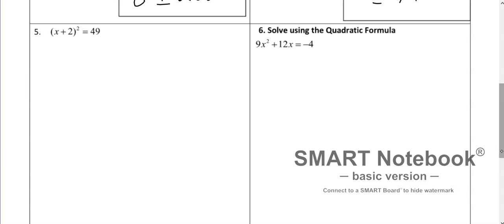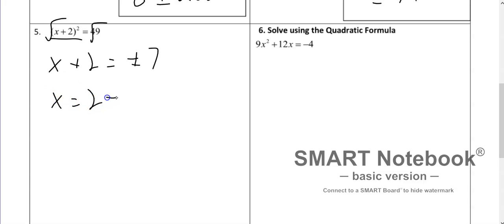This one's ready to go. This is already by itself, so I just simply square root both sides. X plus 2 equals plus or minus 7. And then I'm going to do x equals 2 plus 7 and x equals 2 minus 7. So 2 plus 7 is 9. 2 minus 7 is